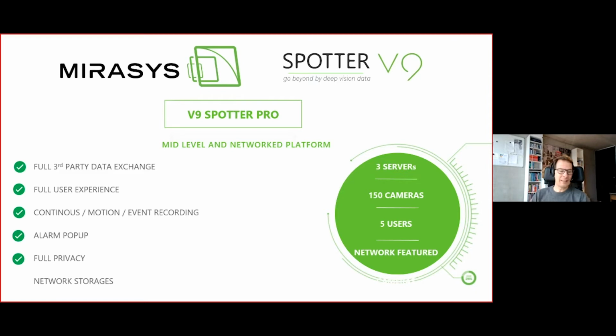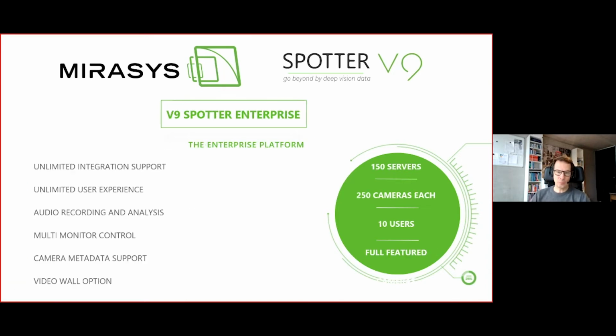And it is really very interesting here, because that means you are not depending on the storage that is implemented in your servers. You can also archive to a third-party network attached storage. So really an enrichment from version 7 Pro to version 9 Spotter Pro. Let's go to Spotter Enterprise, the enterprise platform. We have here limitations of 150 servers in one system,